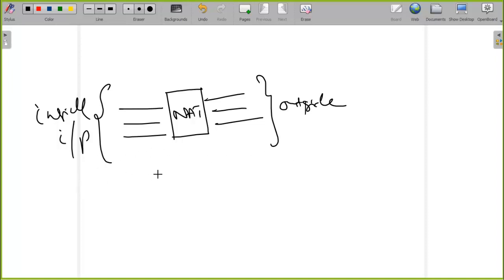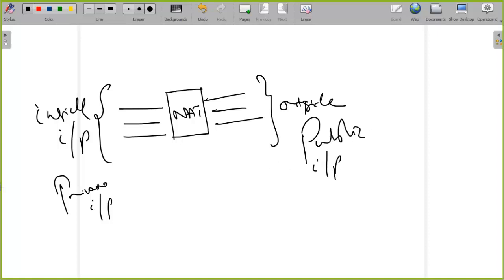So let us assume that these are all the IPs that belong to your inside network, so probably they will be private IP addresses. And the outside network IP address, generally it will be a public IP address, right? So these are the different categories of IP address that we have already seen. So this is for static.